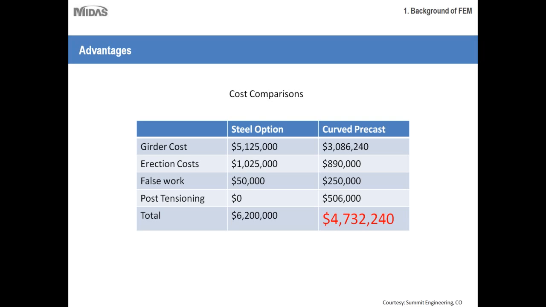And post-tensioning, steel doesn't need any post-tensioning, whereas curved precast girder needs post-tensioning. So even if you take everything into account, add everything up, you will still see curved precast girders are much more economical as compared to their next best option, which is steel. And for